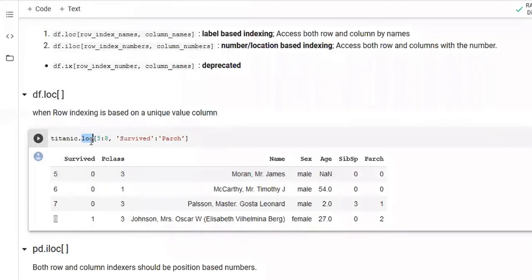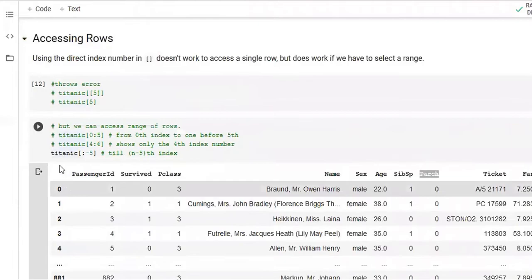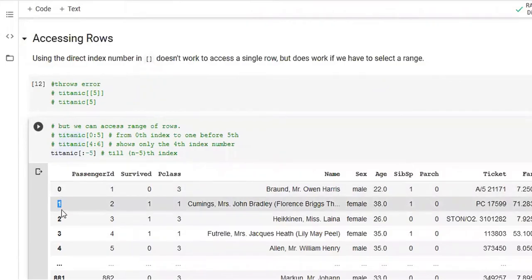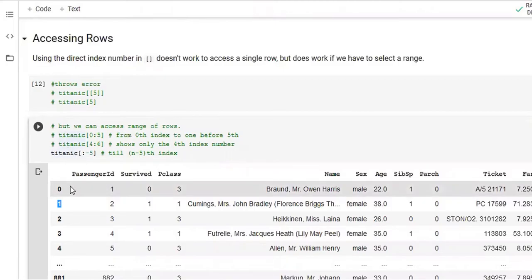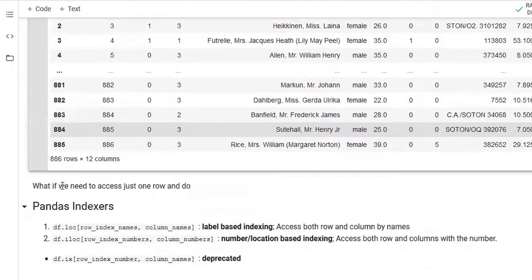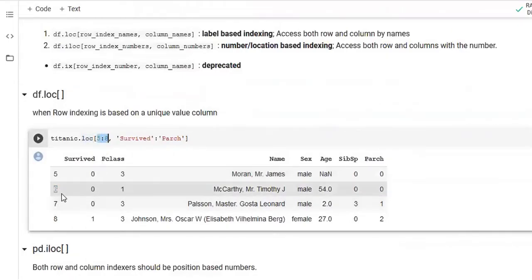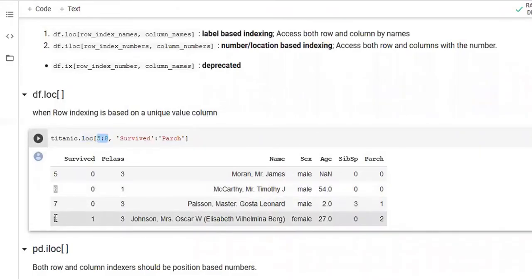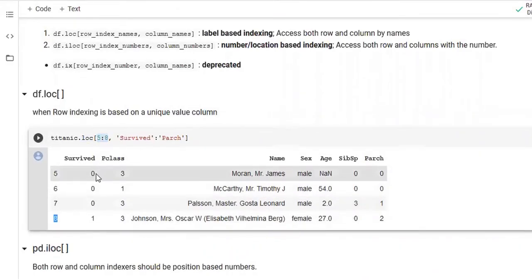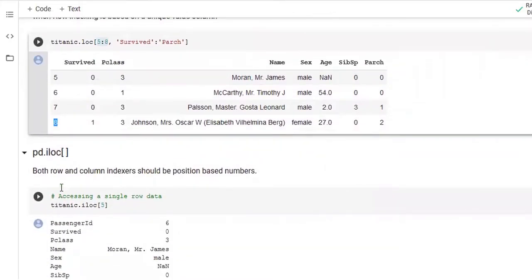That's it. But LOC is helpful when your index column is actually a date. There are going to be situations where your index column is not going to be numbers. It can be something else also, for example a date kind of column. Datetime is a new kind of column that we will see later in the second or third assignment. So far, just bear with me that LOC is just going to take the numbers as they have been given. It's not going to follow Python's indexing methodology. To do that we have to utilize something called ILOC.